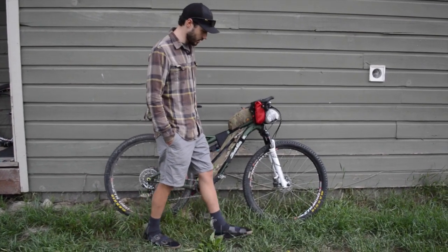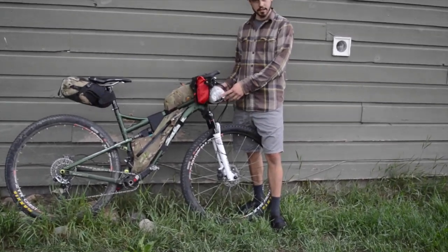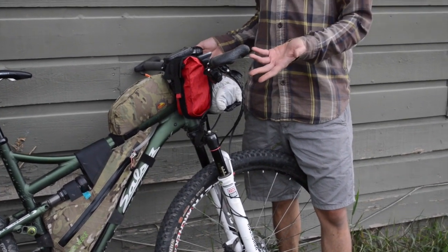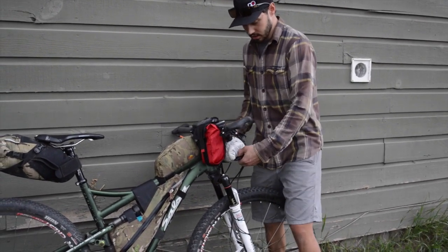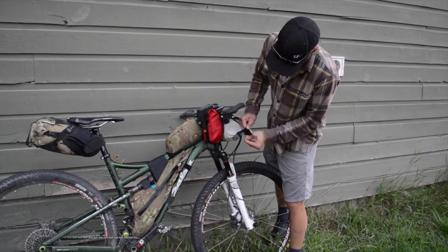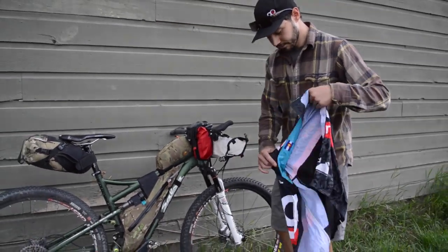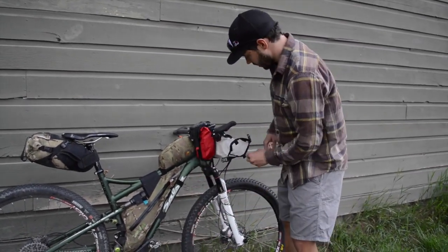So let's start with the front pack on the bars. I'm using a Porcelain Rocket Salsa Anything Cage bag actually up here, so it's kind of a multi-use bag, but I tried it on the front bars and it seems to work fantastic, so that's what I'll be using. So let's unpack it and show you what I have in each of them. And this bag is actually made out of Cuben fiber. Super nice bag. So I got just a standard vest, Pearl Izumi vest,